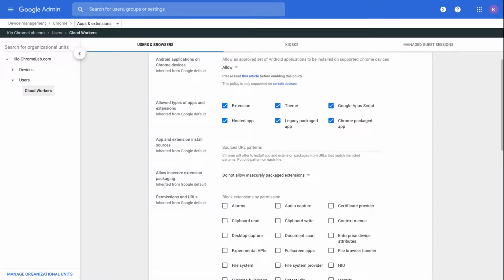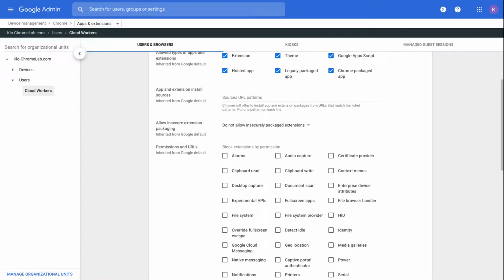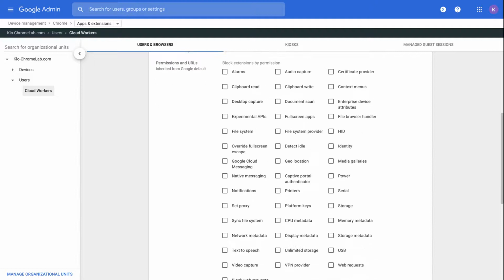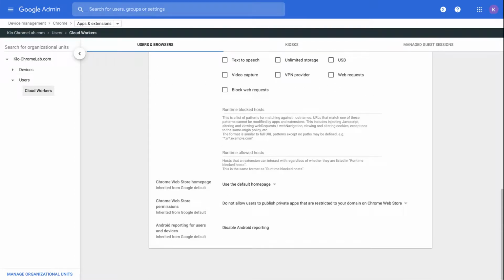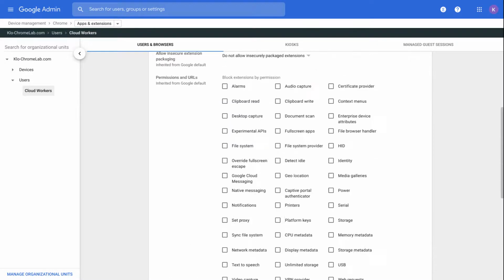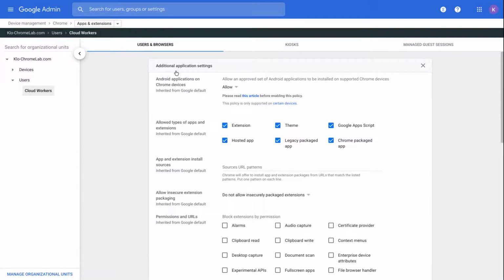You can allow or not the type of apps and extensions directly. For instance, you can block extensions by permission. There is a lot of choice. In addition, you can change the default homepage of the Chrome Web Store and allow or not to publish private apps that are restricted to your domain. Now, to continue to the previous page.